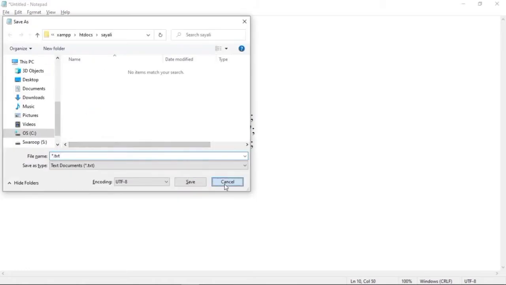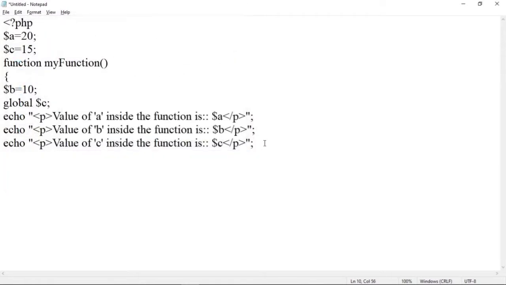Then, we are done with the body of this function. Now to call this function, we have to add a statement, that is the name of the function, myfunction, then brackets, and after that a semicolon, so that this function will get called.